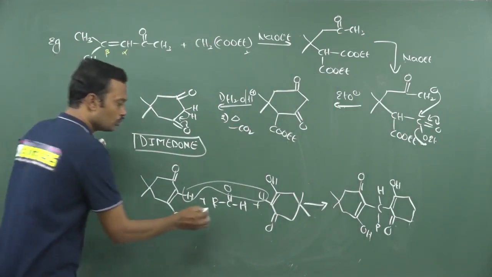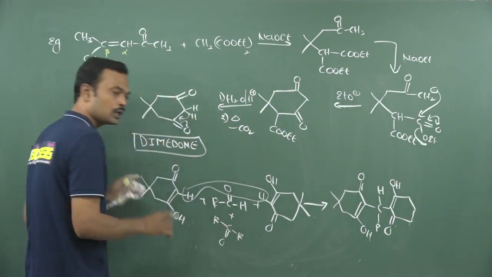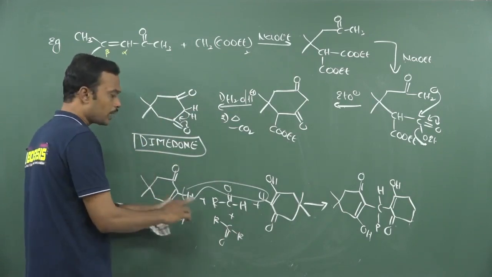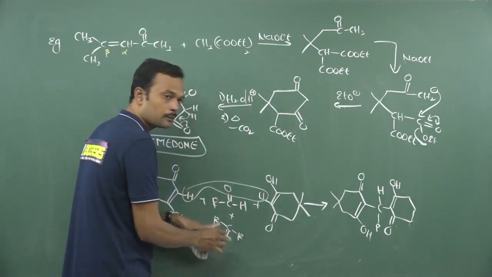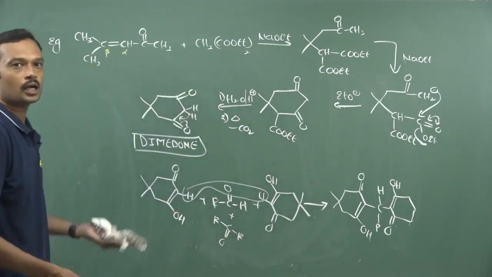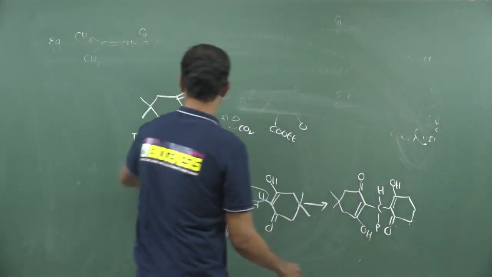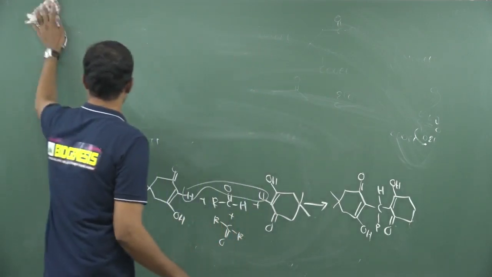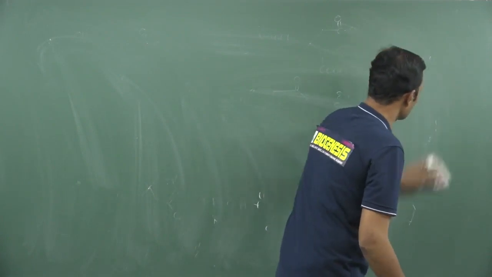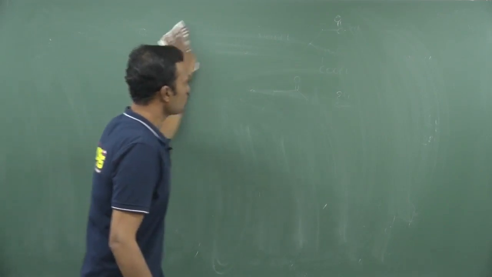So this molecule carries aldehyde as well as ketone. Suppose aldehyde and ketone both are present, dimedone, which is used to identify only aldehyde, can trap only the carbonyl oxygen of aldehyde but not the carbonyl oxygen of ketone. So this is a trapping method to identify the carbonyl of aldehyde. It is one of the excellent methods to trap aldehydes, that is the dimedone method to identify aldehyde present in a mixture with ketone.